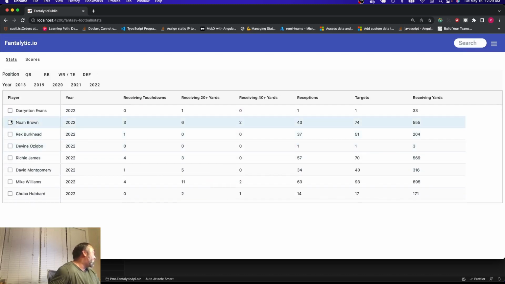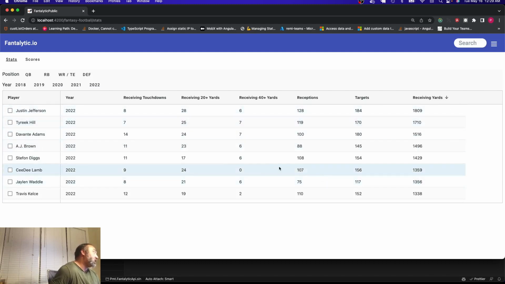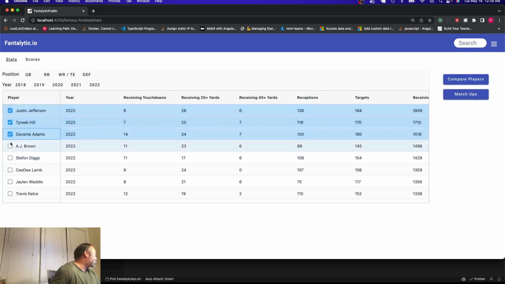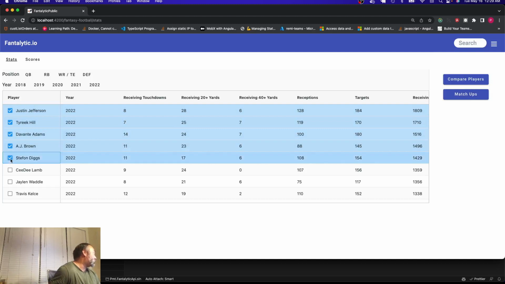This is using AG Grid, so we get all of the cool functionality with AG Grid, and we can also start selecting different players,